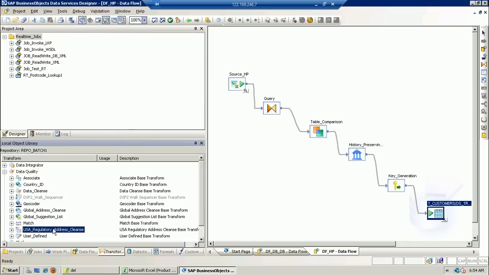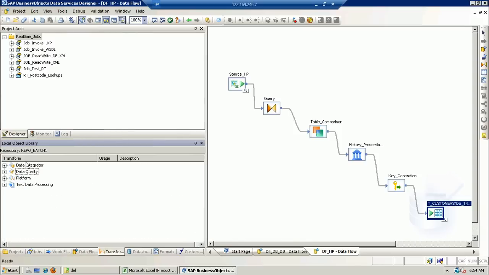For that we have US regulatory address cleansing, which interacts with the address directories of the US, and it processes the raw data that we are sending from our source, converts that into good records and gets it back to us. So this kind of quality assurance is done within the data quality transformations,